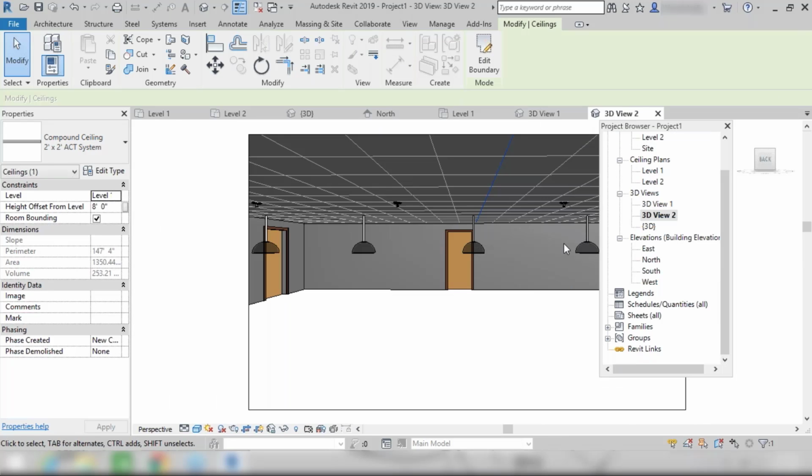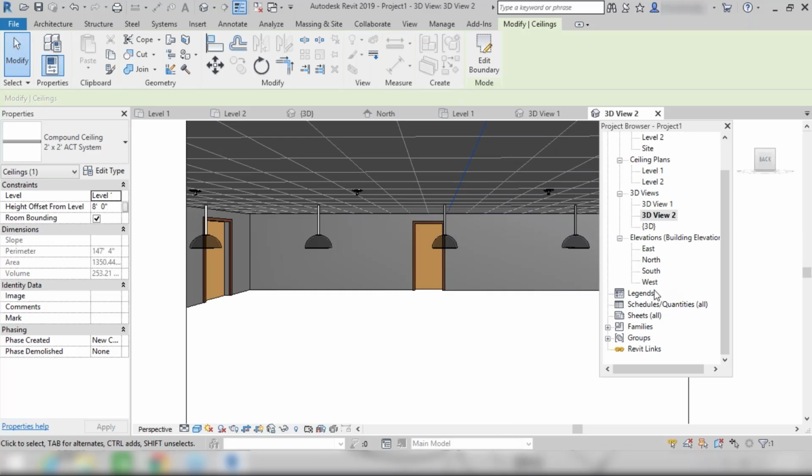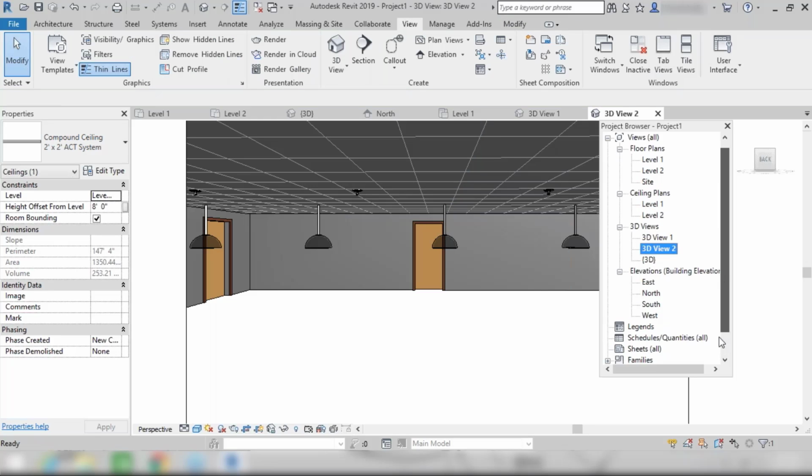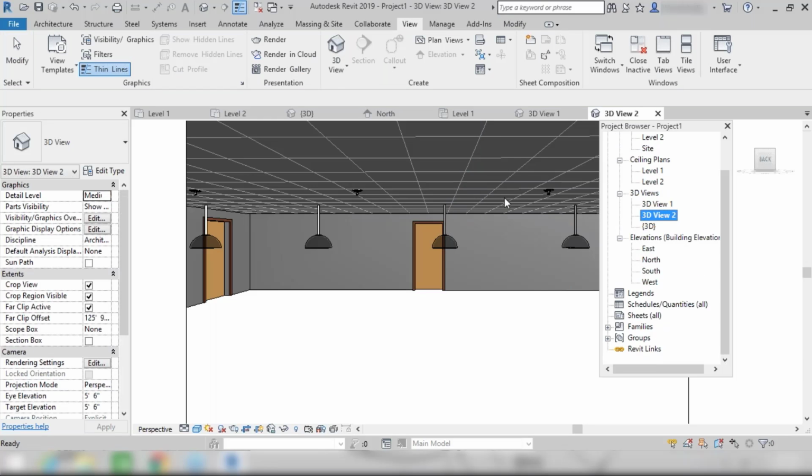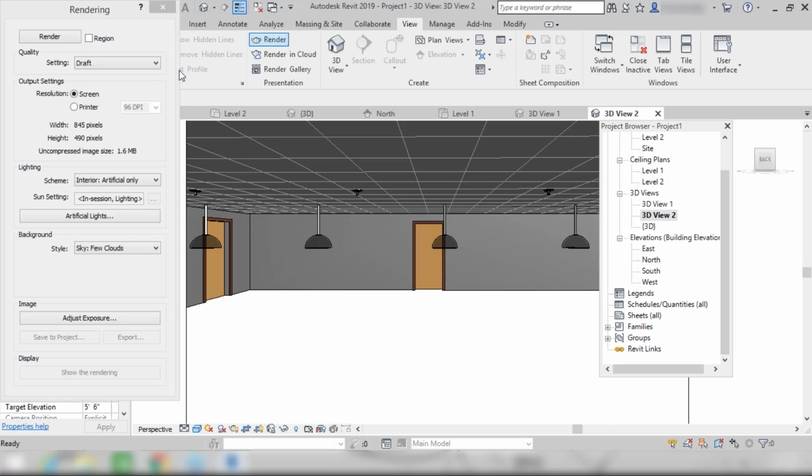So for saving the rendered view, it will show the rendered settings. When you render this thing, right, it will add a rendering here, right? A rendered part will be added here. So that will be named rendered view 1. So that will be automatically saved. There is no need to save that, right? So let me show you one more time this.